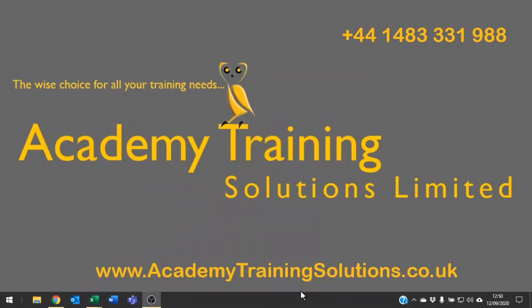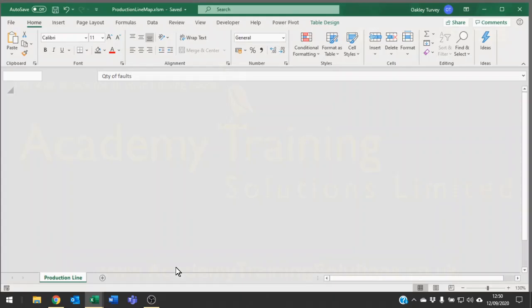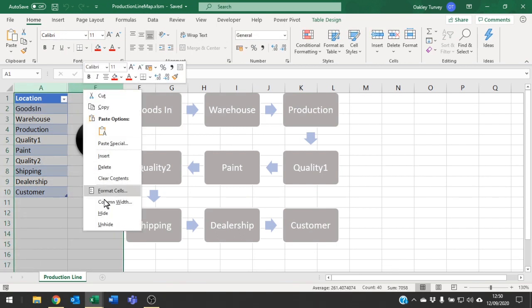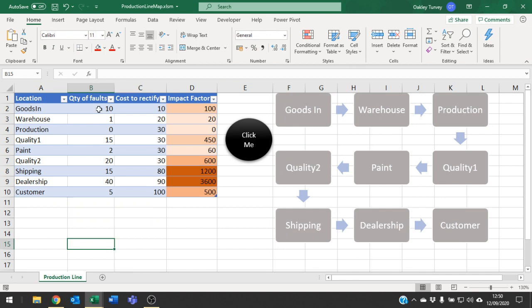Now, as I say, this is all well and good, but not everyone lives in London, not everyone's interested in data to do with London, and sometimes companies are interested in mapping things which are to do with a production line, for example, rather than actually mapping them in a geographical manner. So here I have an example where I have various different stages in a production line, and we have the number of errors which are picked up in the goods at various different points in the production line. We also have put in a rectification factor,